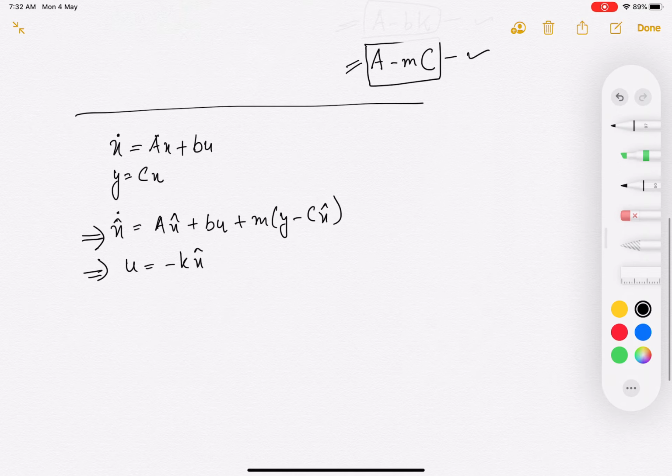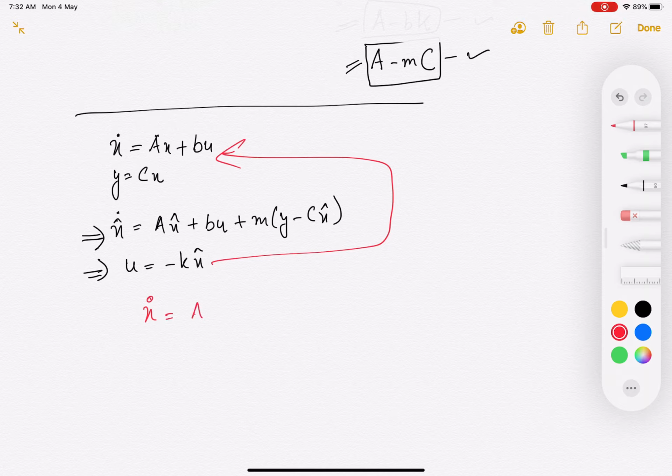So how do the equations change? Now let us put this back up here. So you get x dot is equal to Ax minus BK x hat,